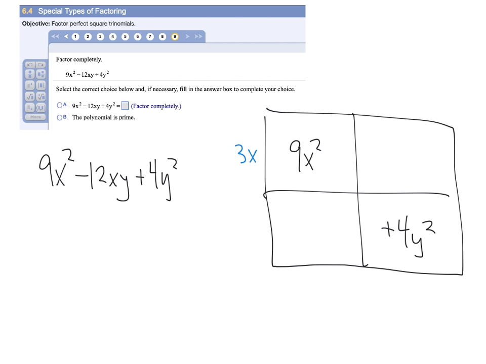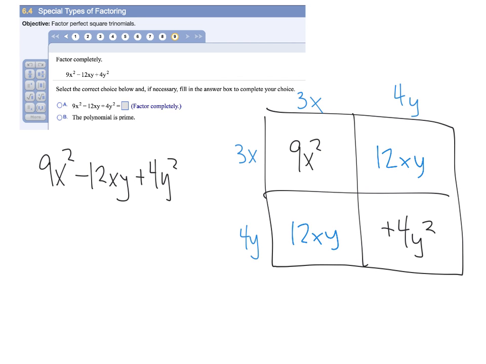So that's 3x times 3x and 4y times 4y. So when we write in our internal terms, we're going to get 12xy and